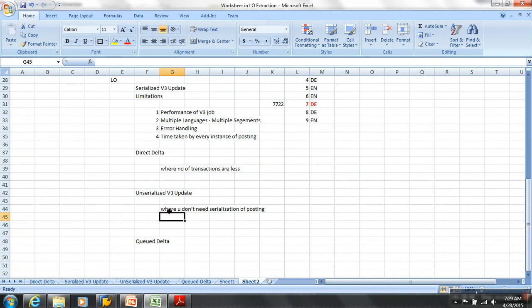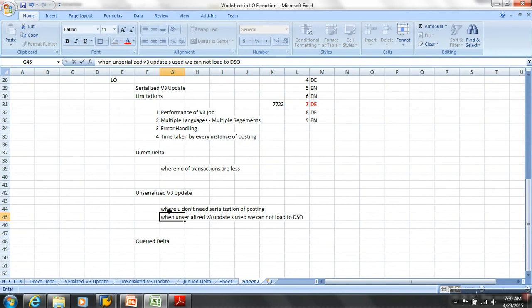And when unserialized V3 update is used, we cannot load it to ODS. DSO or ODS. When unserialized V3 update is used, we cannot load it to DSO.